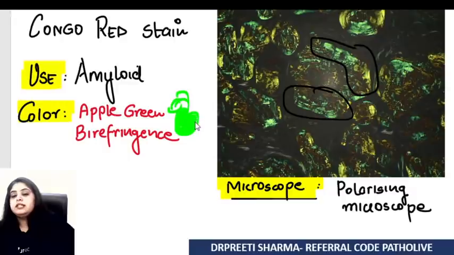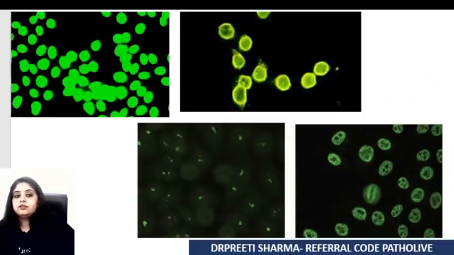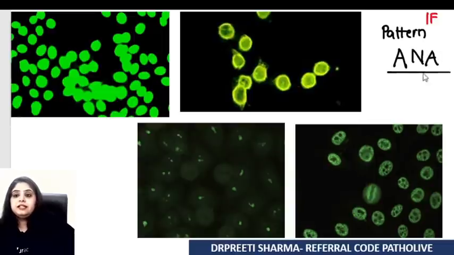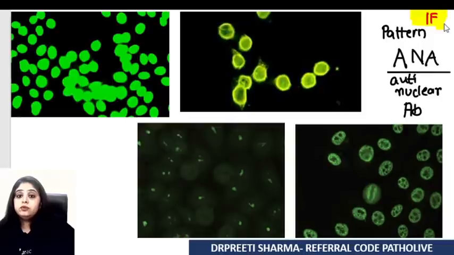Well, having said that, what are the other images that can come in immunity? Like I said, immunity doesn't have too many images, but something which again medicine and path together do get a lot of questions on is immunofluorescence. You can see some fluorescent things over here. So they ask you, what are the different immunofluorescent patterns when you want to detect ANA? I hope everyone remembers this antibody from SLE, anti-nuclear antibody. When I talk about anti-nuclear antibody, what is the method by which I detect it? It is known as immunofluorescence.